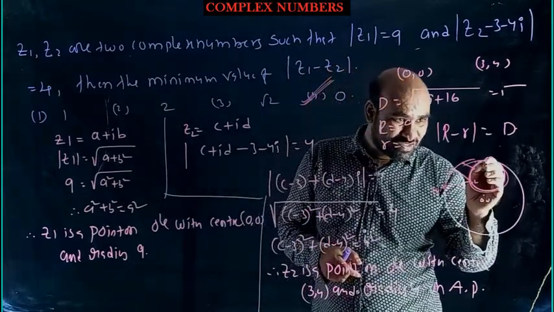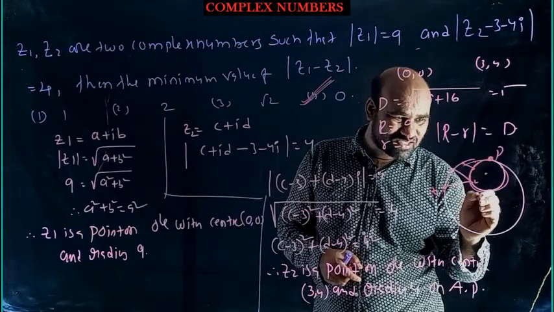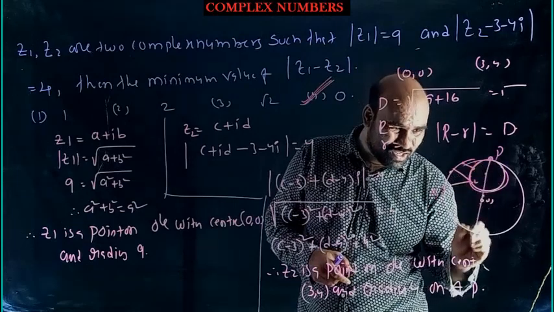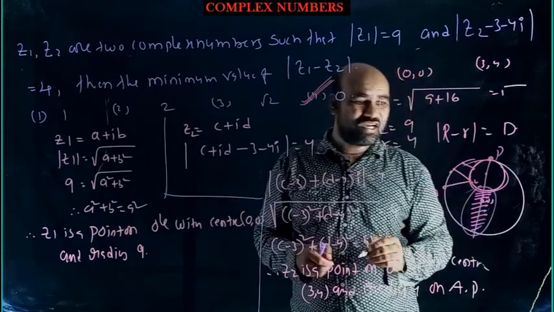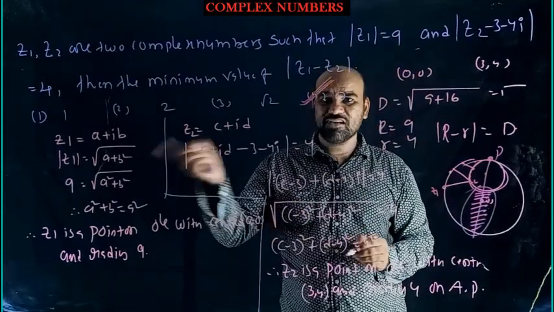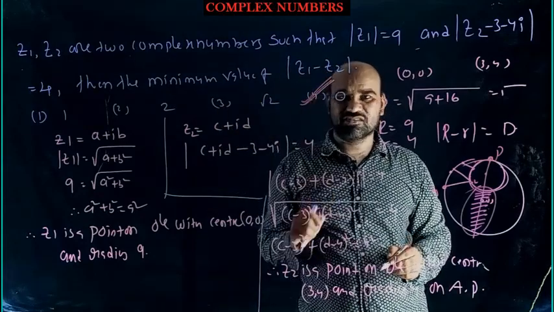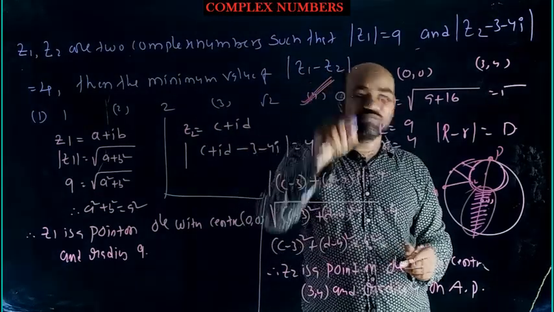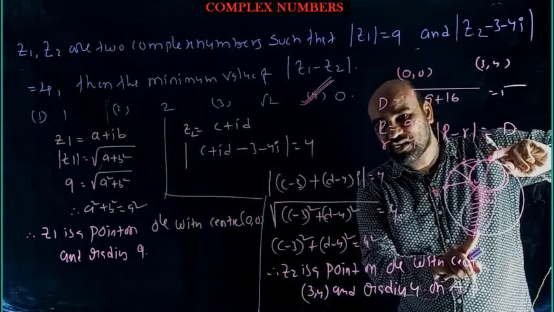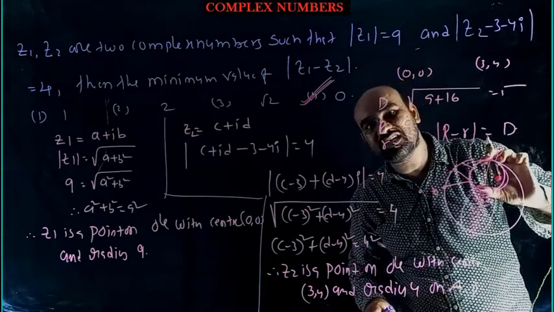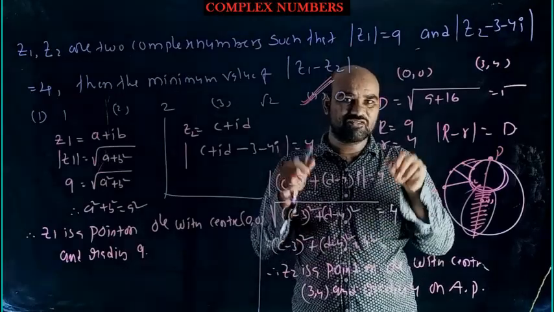Sometimes they will ask for the maximum distance. Do one thing. They touch each other at this point, say P; the center of the first circle and the center of the second circle, you know that these 3 points are collinear. So this distance is taken as the greatest distance between Z1 and Z2. Your minimum distance of mod of Z1 minus Z2 is 0, I am saying. The greatest distance of mod of Z1 minus Z2 is this distance. How can you find this distance? This total length, meaning the diameter of the bigger circle minus the diameter of the smaller circle, gives the greatest distance between Z1 and Z2, that is, mod of Z1 minus Z2.